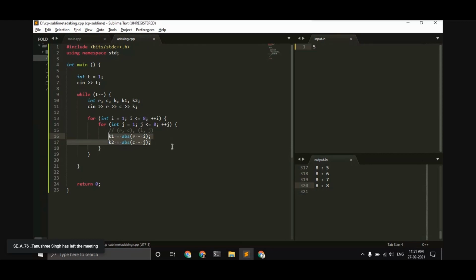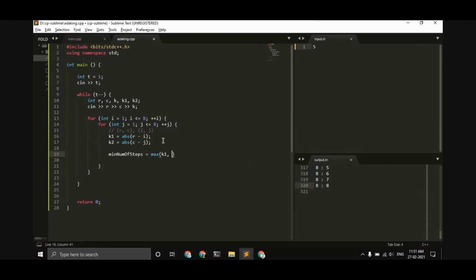Once we have the horizontal and vertical distances, we saw that the minimum number of steps to go from R comma C to i comma j is basically the max of K1 and K2. So our minimum number of steps is the max of K1 comma K2.